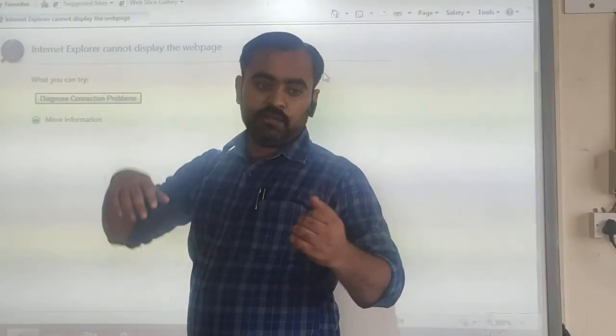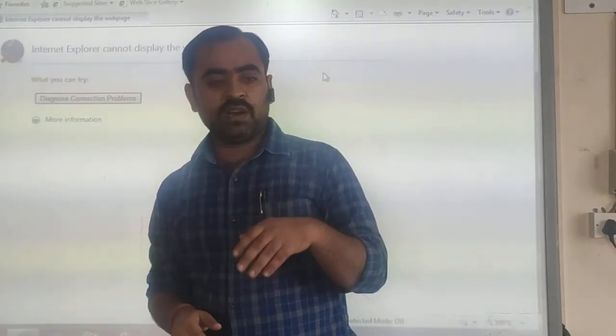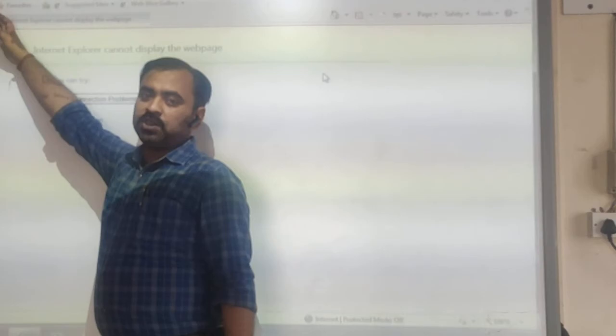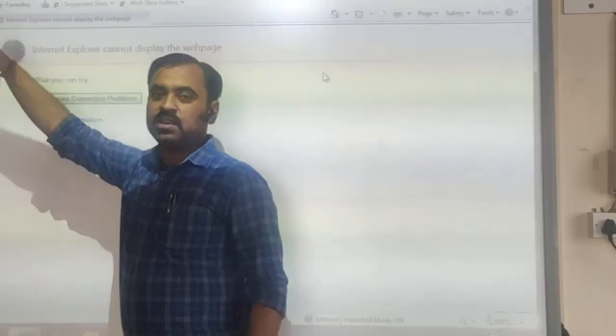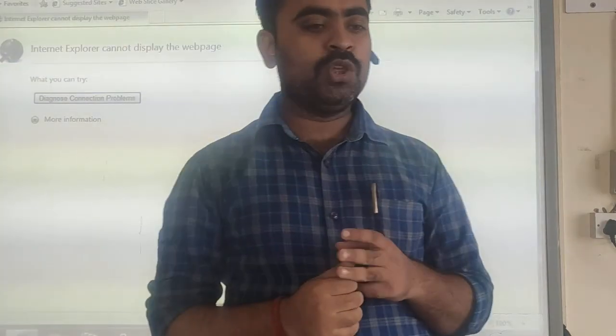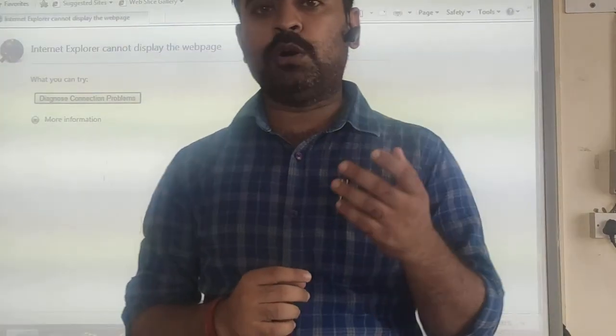Generally, in a web browser, on the top there is a file option, and from there you can click on the new tab option. The new tab will be displayed on this area. Now suppose here only one tab is there because we have only opened one.